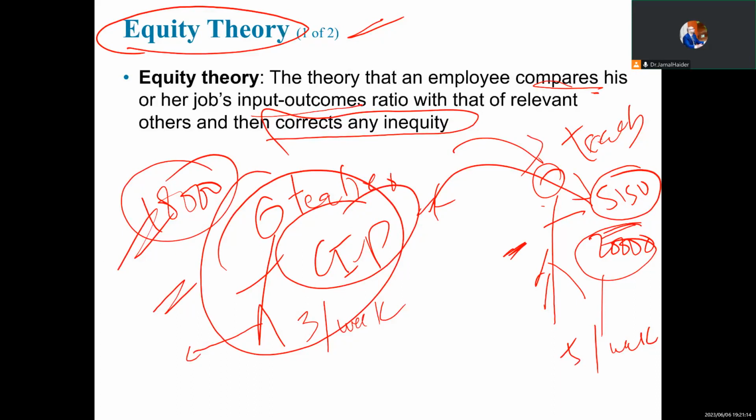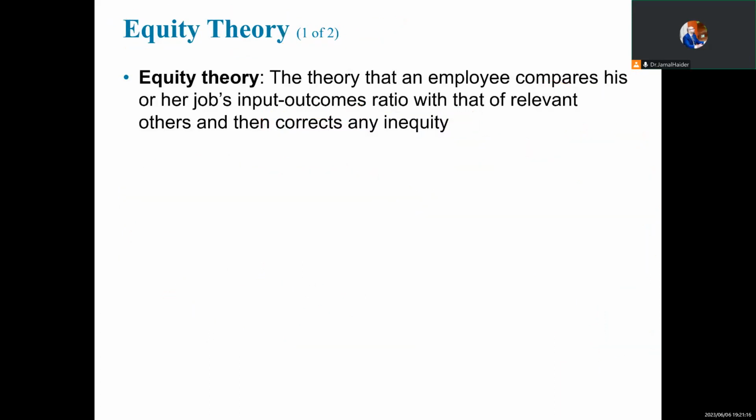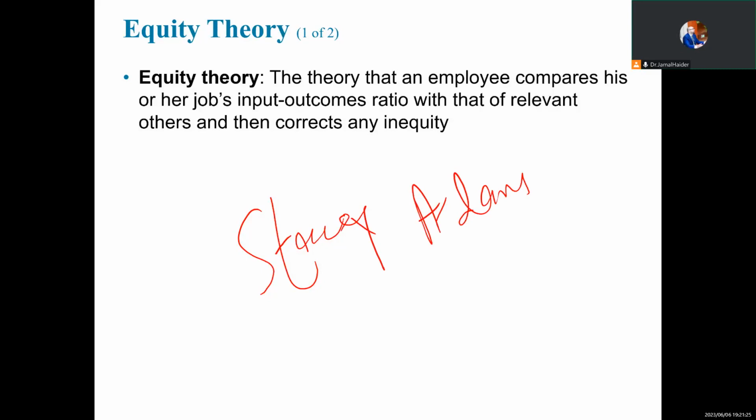All right. So the equity theory is developed by Stacy Adams, and she states that employees compare their job input-output ratio with that of relevant others. Right. So if an employee perceives her ratio to be equitable in comparison to those of the relevant others, there is no problem. If they are inequitable,